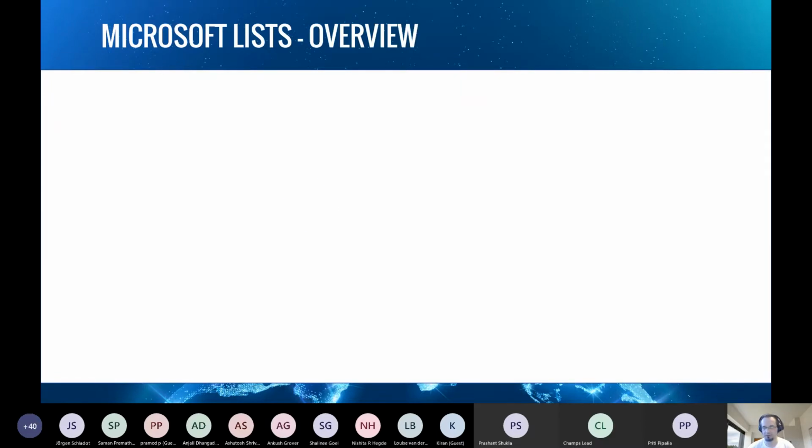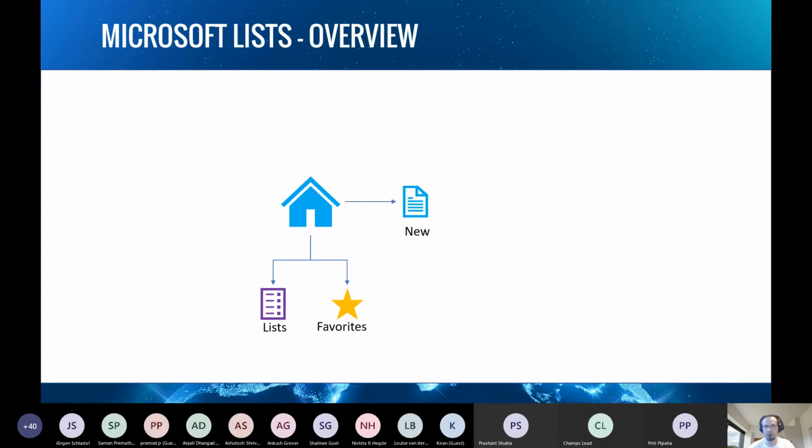So that's a quick overview. What is a list? We have a home for our lists. It's a dedicated app, with a dedicated homepage for lists and favorite lists. If you want to create a new list, you can use an empty list, so you create your list from scratch. You can use an Excel file, and based on that Excel, you will create your list. You can use an existing list from SharePoint Online, from Teams, or from your lists.